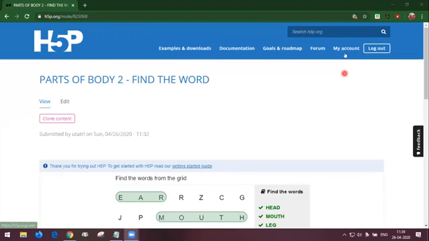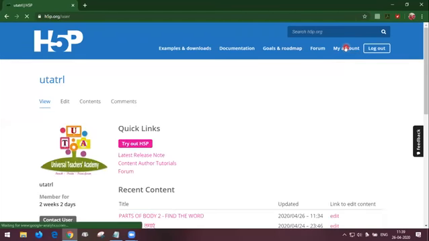Okay. So for creating a content, I have already told you that every time we should go to my account. In that, the tool we have to select is tryout H5P. So my account, tryout H5P for new content creation. For our older content, it will be in the recent content page. Okay. Now we are going to learn about flashcards. So I am entering into tryout H5P.